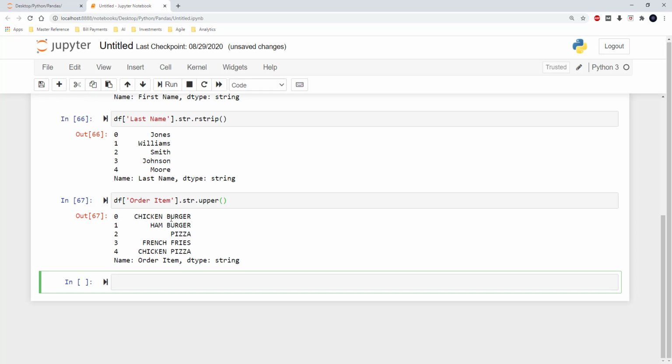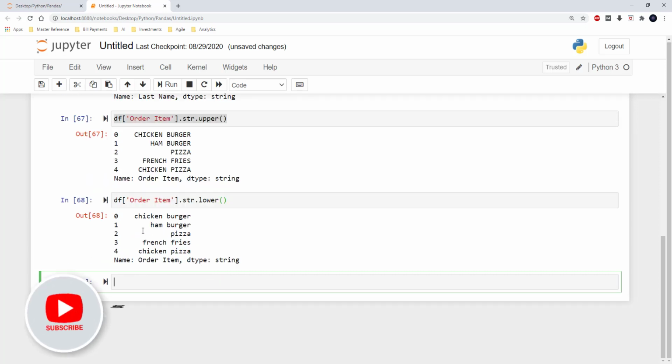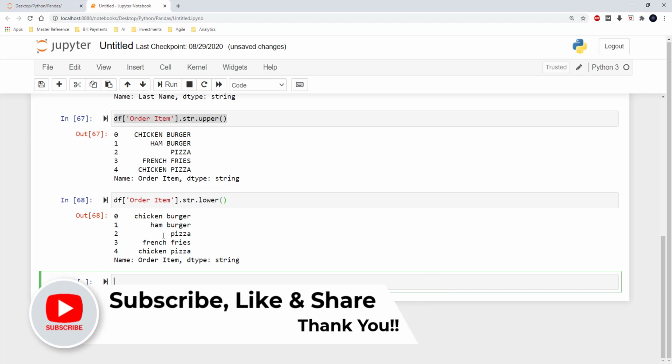So here you can see that all of these values are converted into capital. And similarly I can just use the lower method to convert everything into small case. As you can see here, all these values are now appearing in small case.